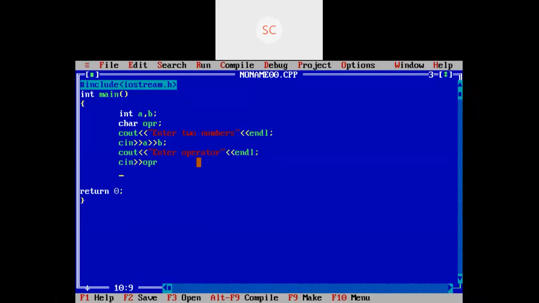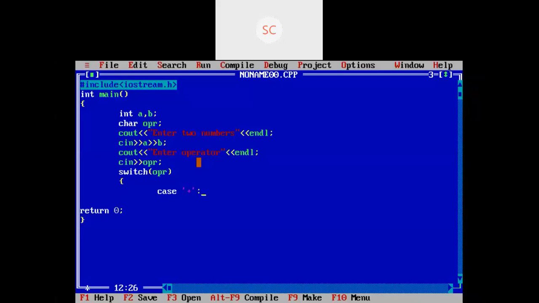Then I'm going to write the switch statement here. Just observe how I am going to write it. Switch is a keyword, right? You can see all the keywords in white color in Turbo. You can give the operator as the expression to this switch. Here I'm going to write one case. The first case is a character, right? A character type you need to give in single quotes, plus. I'm taking the first case as plus.